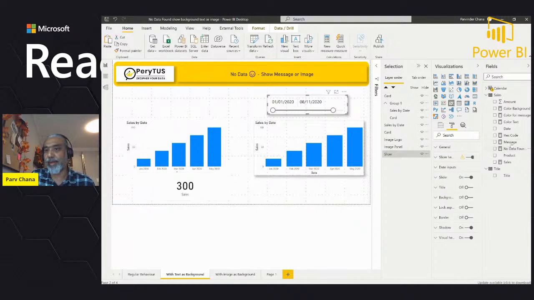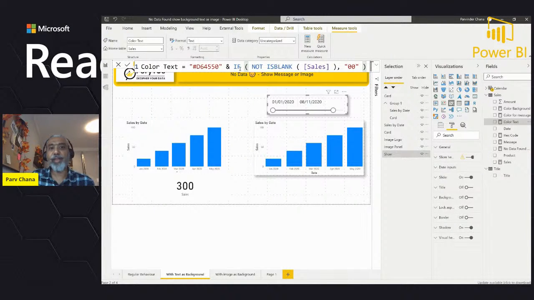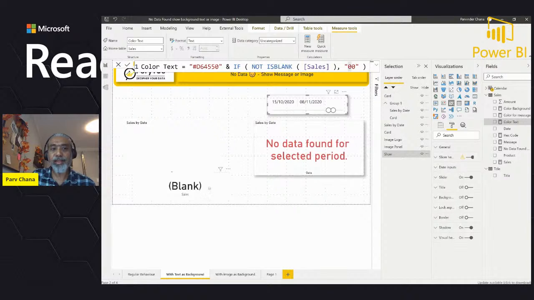So what I'm telling my color text is that if there is no sales, then add this transparency value to it. If we go to a range where there's no sales, this is what is happening: no sales, so I'm changing the color, the no data found for selected period.